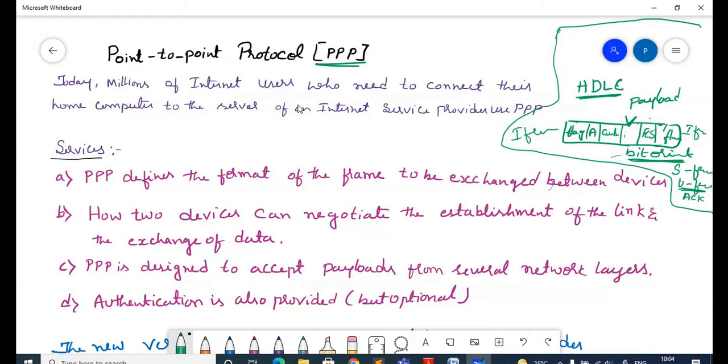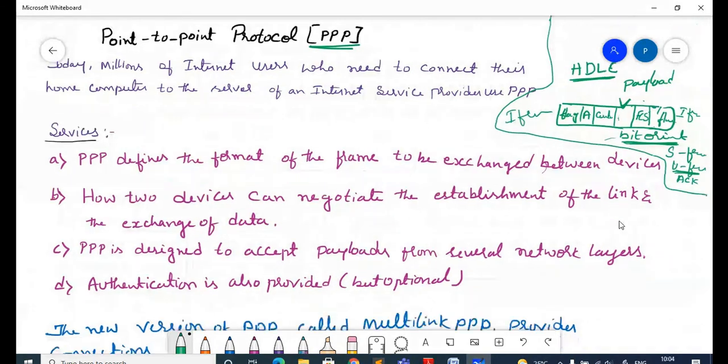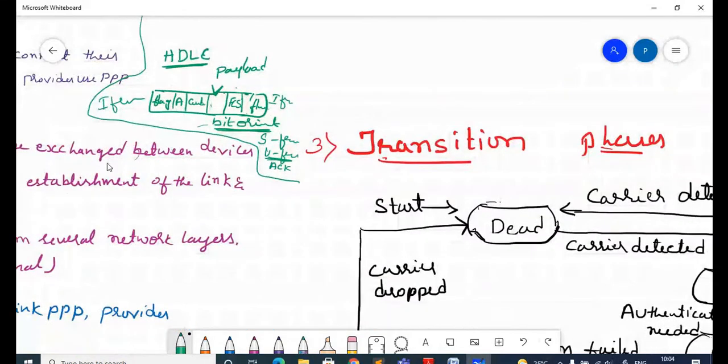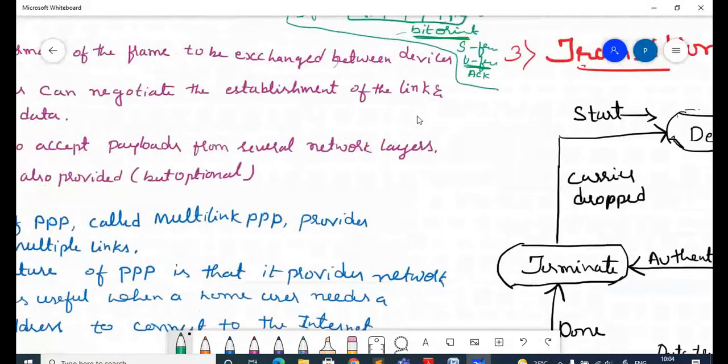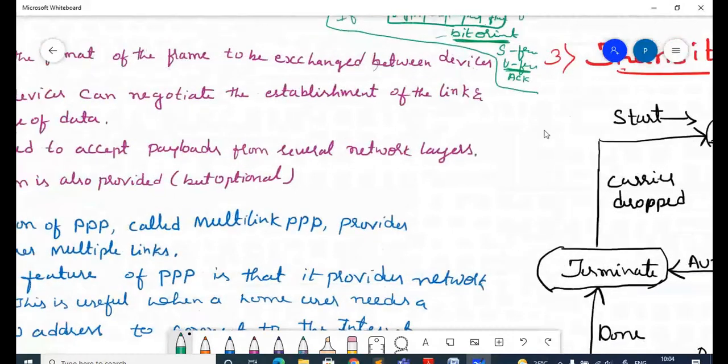Normally with respect to this topic, they will either ask the frame structure, which I am going to explain, or they may ask a transition diagram. We will look into these topics in today's class. So now, what is point to point